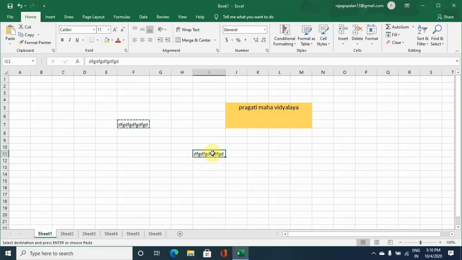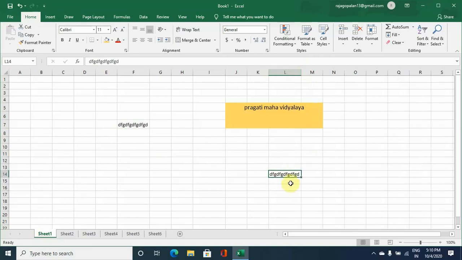Select the cell, then go for Control X, then place the cursor in some other cell, then go for Control V, then the matter what you have in the earlier cell will get transferred to the new cell. So we have matter only in one cell now, that is what is called the cut and paste option. So copy paste is one option and cut and paste is the other option.